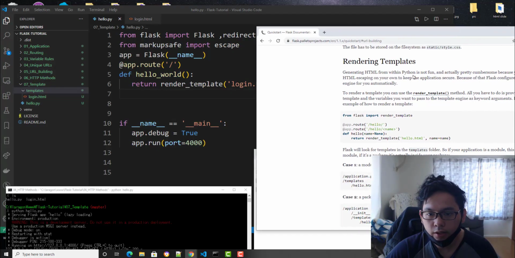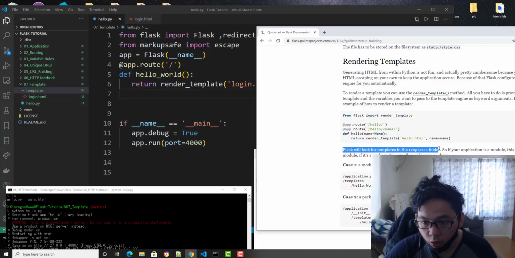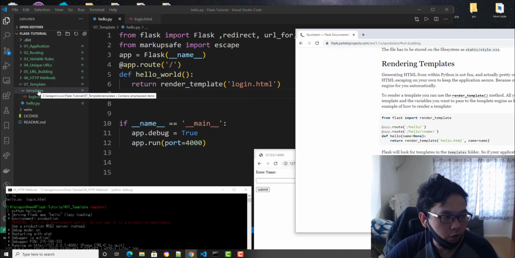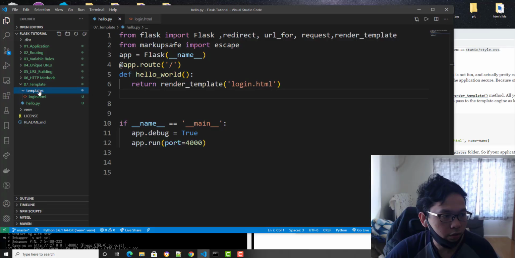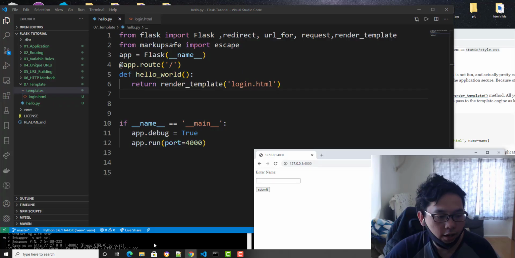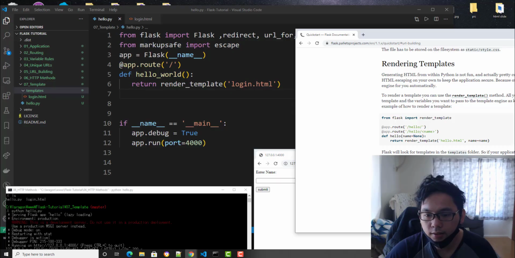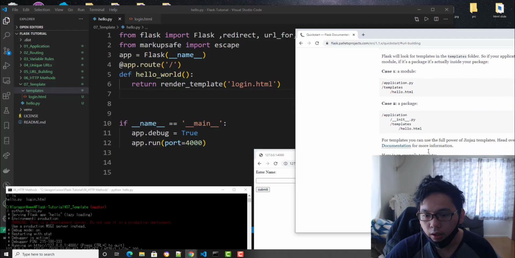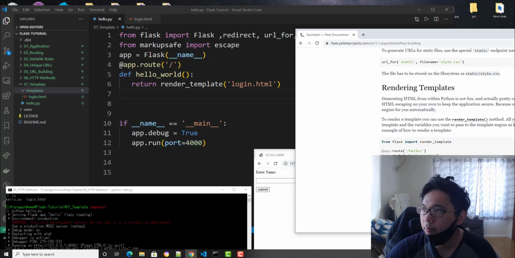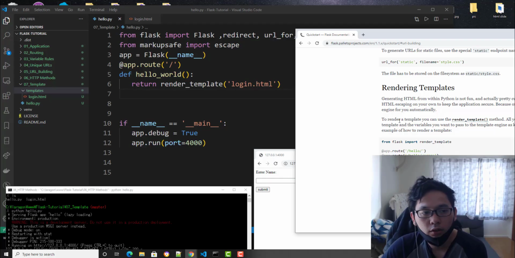And again, it's not really explained on this. It's explained. It's on the folder called templates. You should create your template file for this one and put the HTML you want to render. And yeah, so this is how you're gonna render templates in Flask. And yeah, see you in the next part, another rendering templates. We're gonna learn it more. And yeah, see you in the next part.